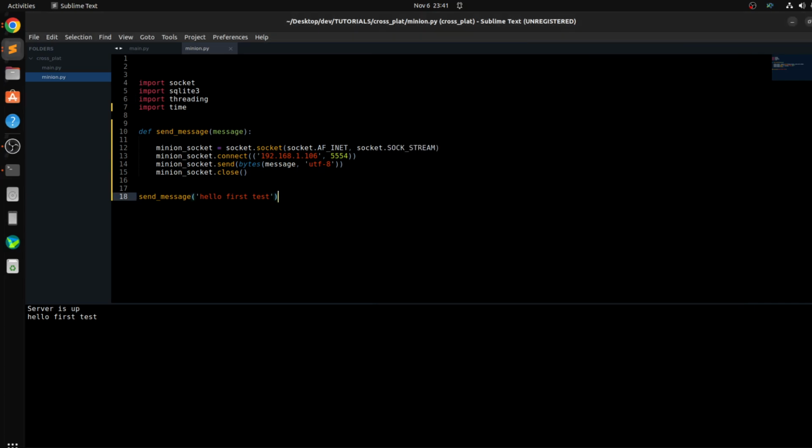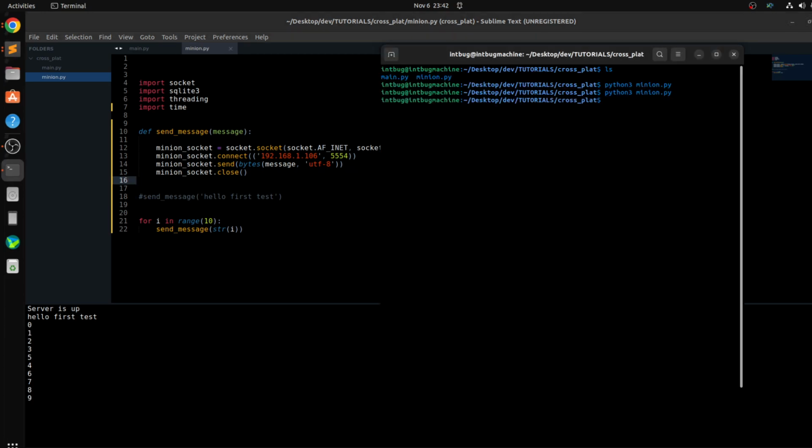We could do something like for i in range 10, send message, and then we pass in str i. Let's test this. You could see that we have been able to send something, and we are sending something, but those are not